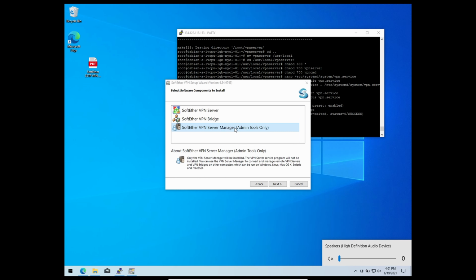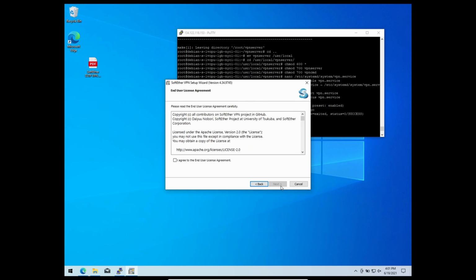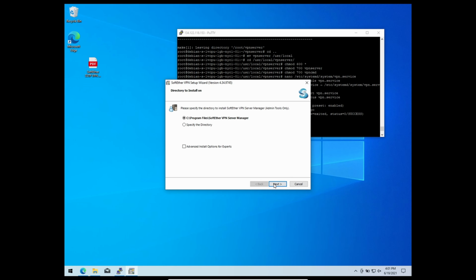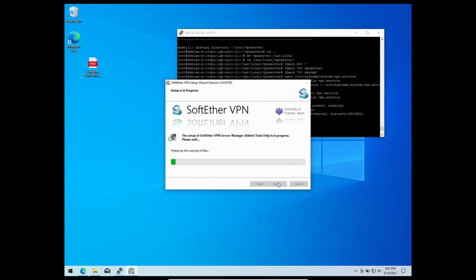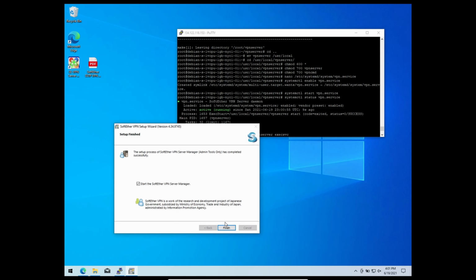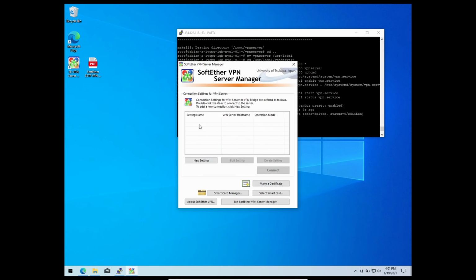SoftEther VPN Server Manager is the only thing I need. I don't need the server or the bridge. Click next, agree, next, click next, next. Start the SoftEther VPN Server Manager. Click finish. New setting,